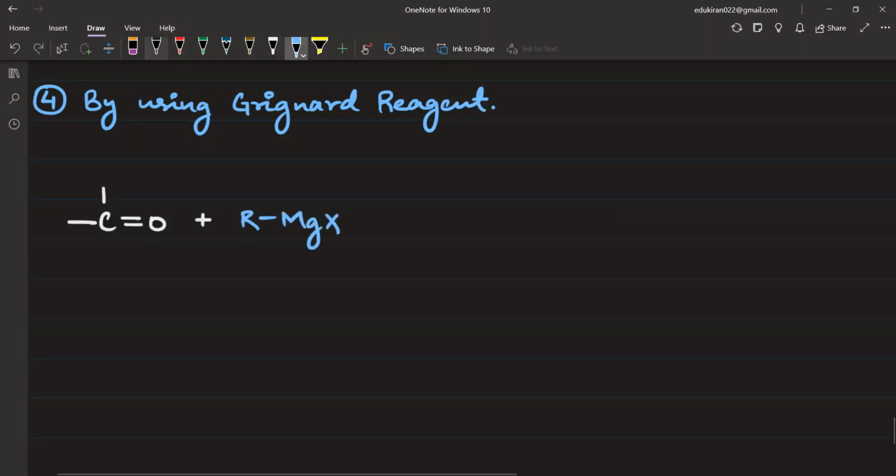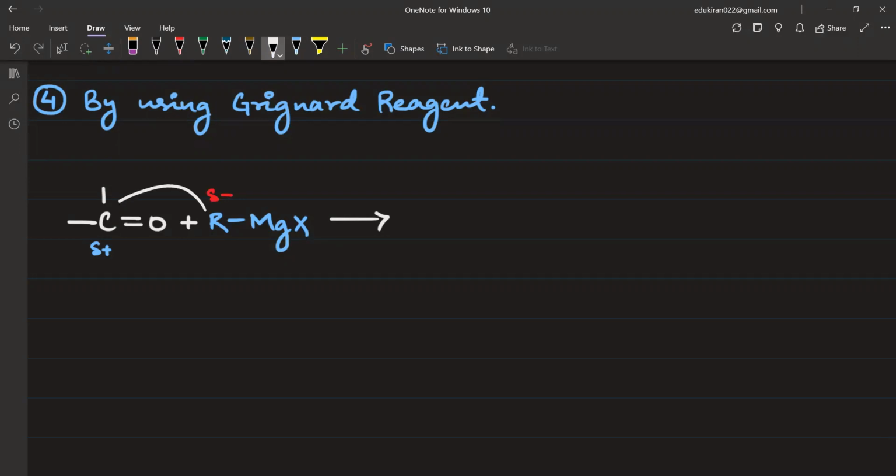Okay, RMgX. Now, in the first step, what is going to happen? This R group will have delta negative because Mg is a metal. Metal has a tendency to lose electrons. It will give electrons to R, so it will be delta negative. This carbon atom is delta positive because it is bonded to an electronegative atom by a double bond. Now this R group is going to attack this carbon atom, and this pi bond is going to break. And because carbon cannot have more than 4 bonds,